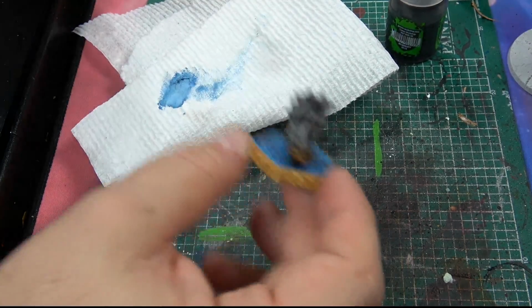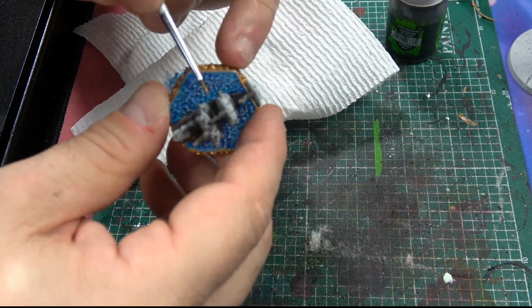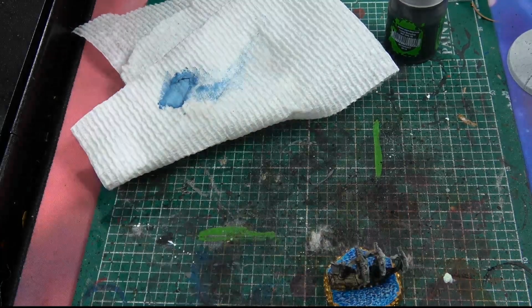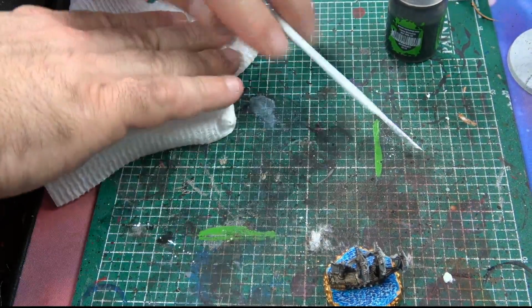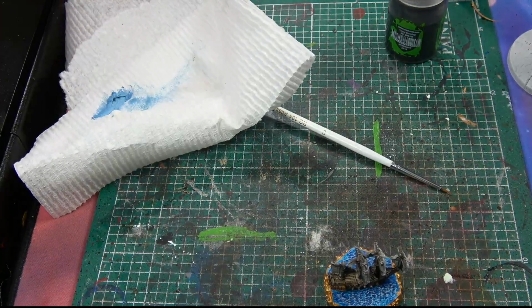And like I said, it's really up to you. I mean, you can go all the way across here if you wanted to. You can go all across there. You can do anything you want, whatever your little heart desires. And it doesn't take you long to crank this thing out. I mean, boom, boom, boom, boom, you're done. Then you just take you